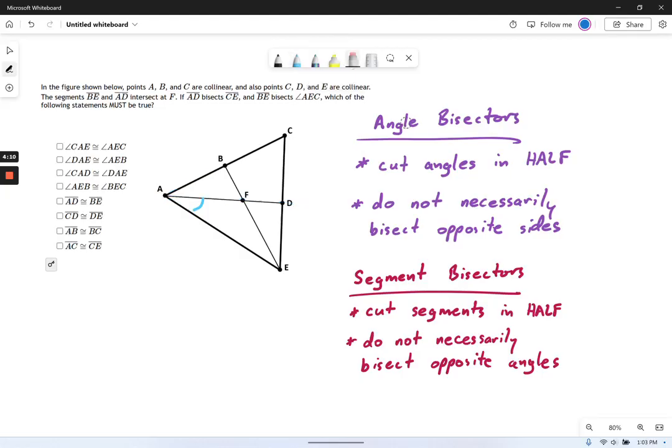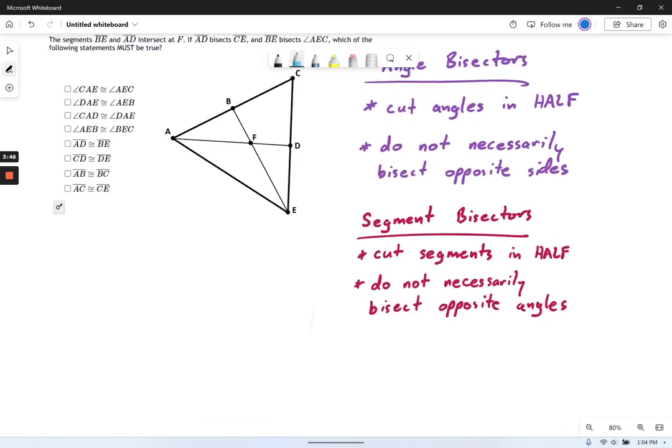Likewise, if I were to tell you that this side right here were to cut this in half, then what it's telling you is this equals this. Those are two equal half sides. It's not saying anything about the angles over here. Okay, so be very careful to not overinterpret what is being bisected. Now I'll give you an example of why that's true.